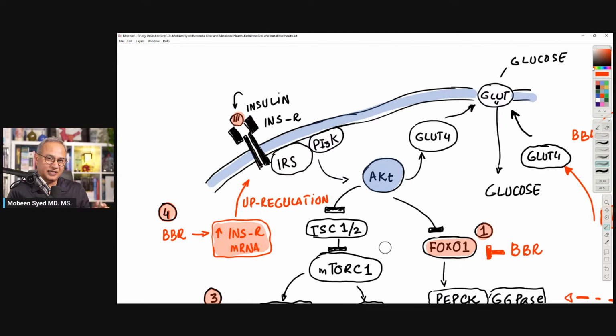And that would also be insulin resistance. So just having more receptors is not the solution for the resistance. But you would see in the talk today that not only are there going to be more receptors, but berberine would help reduce the fatty acids as well. And that would also improve, or reduce, the insulin resistance through that mechanism as well. Beautiful, magical molecule. Okay, so this one is done.